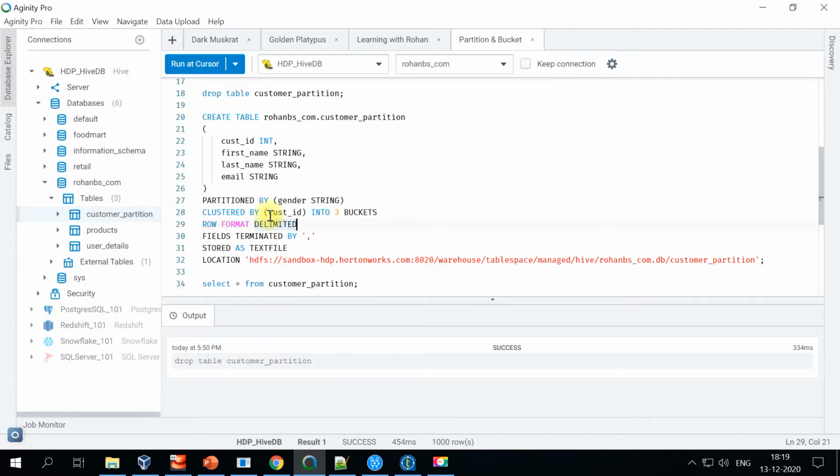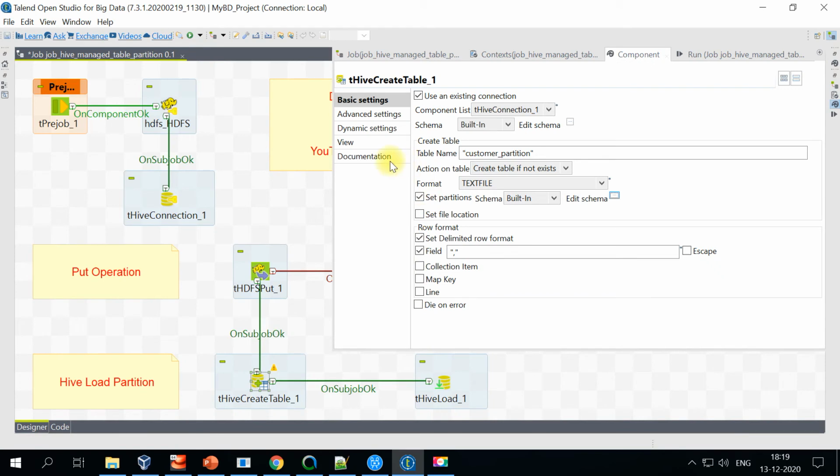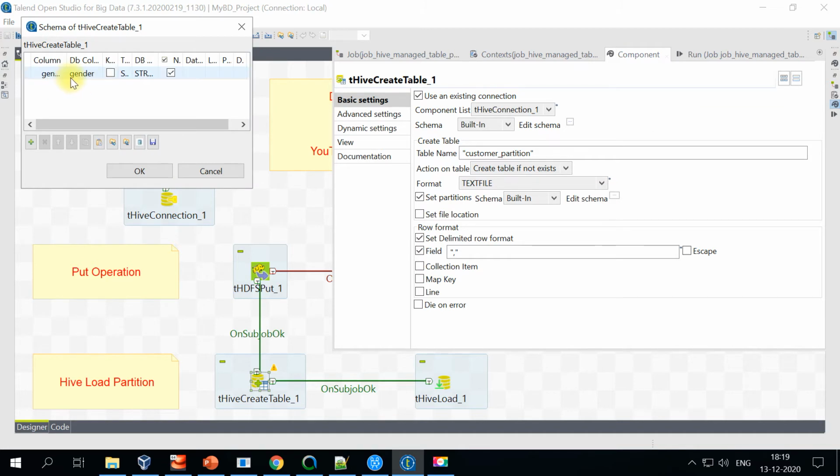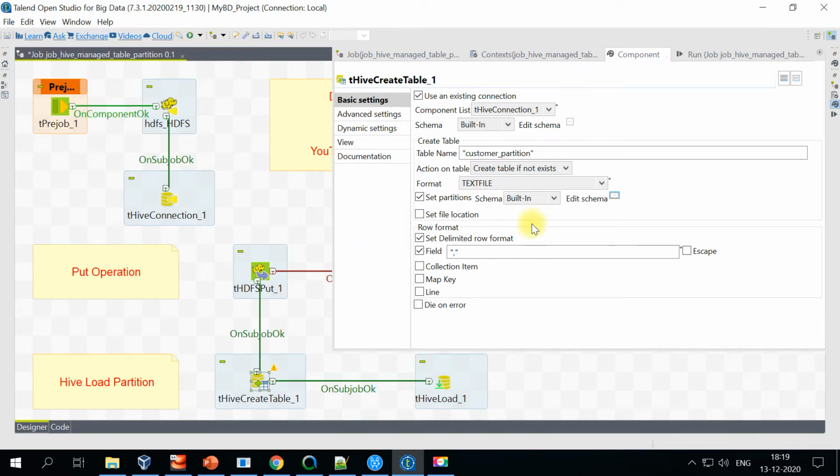This is similar to this particular condition here, right? Whenever you create a table manually, you specify partition by a particular column. The same thing can be done within Talend using this option, set partition, and then you will have to provide the column name. Okay, so now we are familiar with how to create the partitions. Let's look at how we create